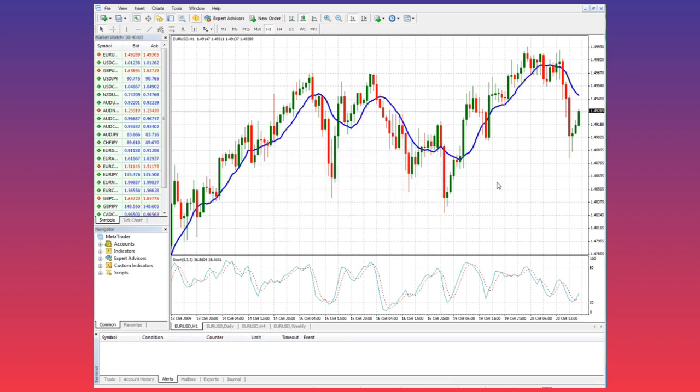Oftentimes traders will use indicators in combination and use one indicator to confirm the trend that is shown by another indicator. I was trying to think of the right way to say that, but it basically can be used as a confirmation mechanism. So it can, say for instance, we're looking at going long